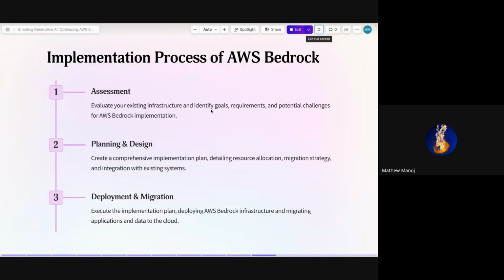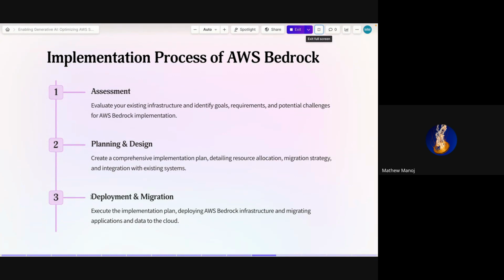Yeah, so this is what I was saying about how you can monitor what you are doing using AWS Bedrock. You can assess for what purpose you use Bedrock, and you can plan your own architecture of how you're going to integrate models in Bedrock and use AWS services to make your own application based on whatever use case it is, and deploy and migrate.